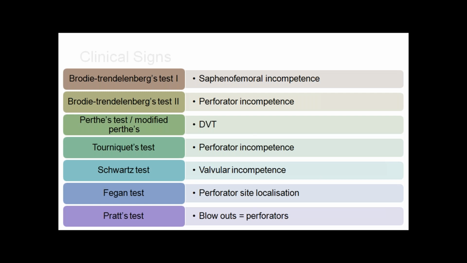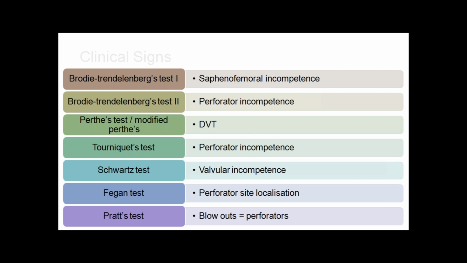Actually, in the Trendelenburg test we should not tie the tourniquet. The examiner's thumb should be kept at the saphenous opening. So again, we will ask the patient to stand up without removing the thumb. In test 1, we will remove the thumb from the saphenofemoral junction. Then there will be a quick filling of the column of blood